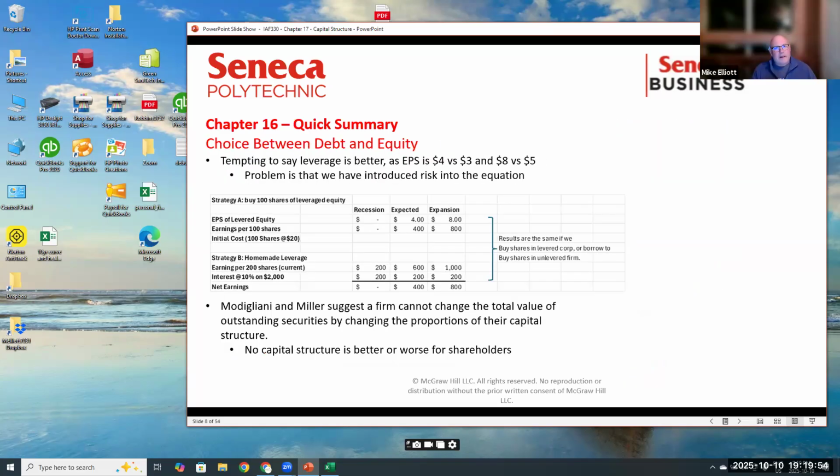Now we have a choice, as always. What are we looking at? When we look at return on equity, when we look at earnings per share, they definitely do better under leverage. So it's tempting to say you're always going to do better under leverage. But it's not true. Two economists, Modigliani and Miller,